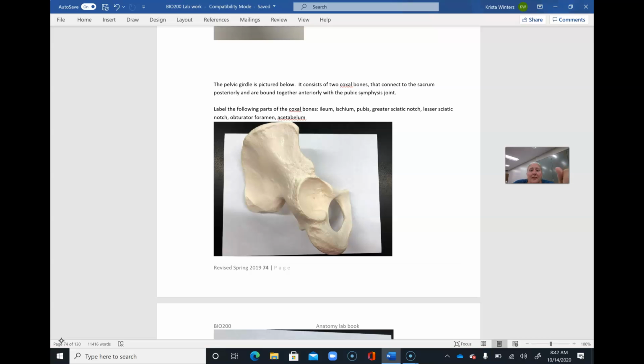So let's start labeling the coxal bone. And quickly, I will let you know, the coxal bone is a bone that functions